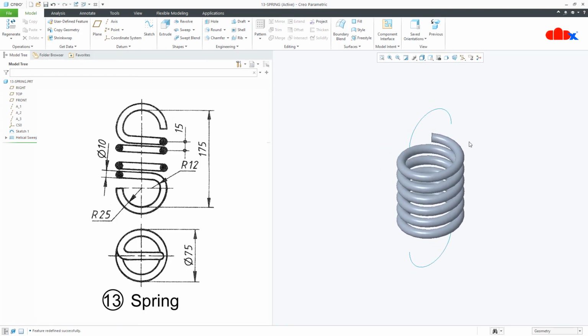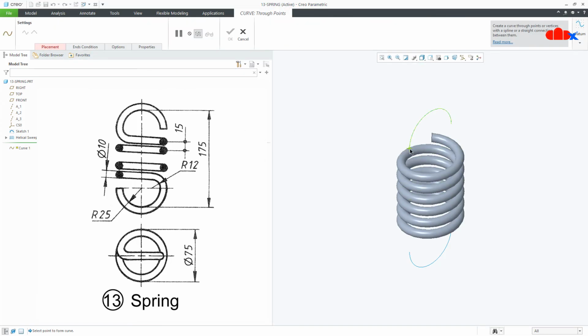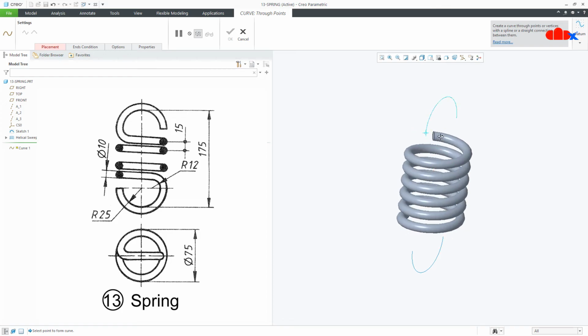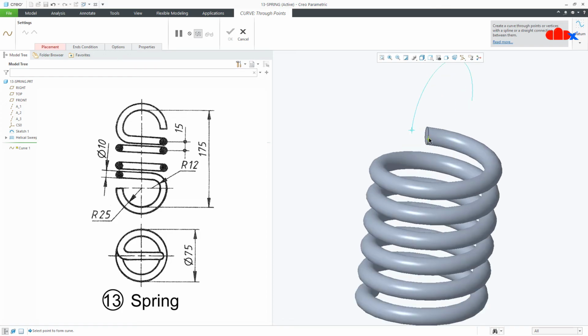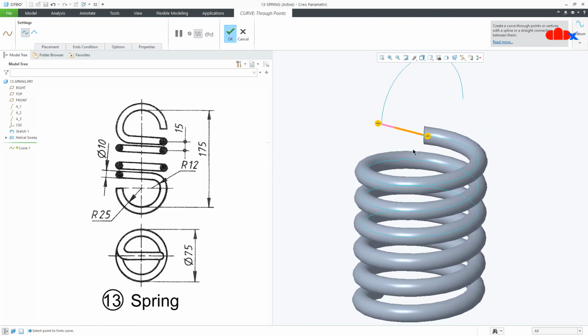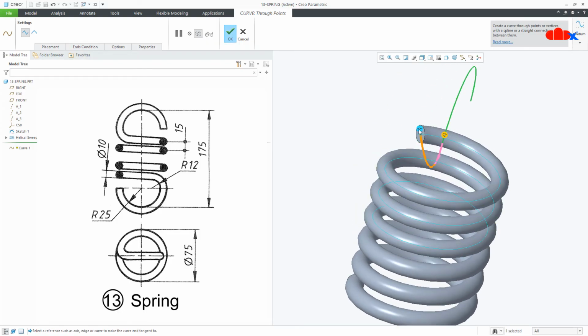Now to connect this end, I will use datum curves. So I will go to datum, curve, I will select this end, hold the control key and select this end. Now right click here, tangent to this curve, right click here, normal to this surface.